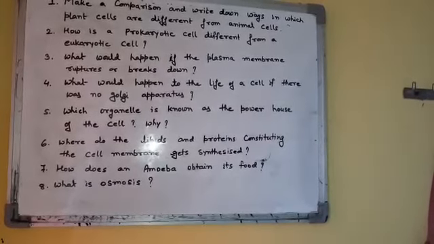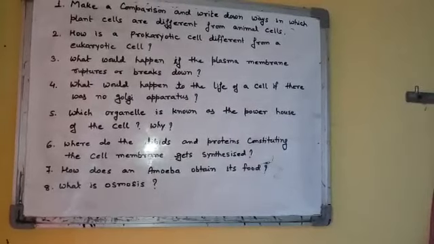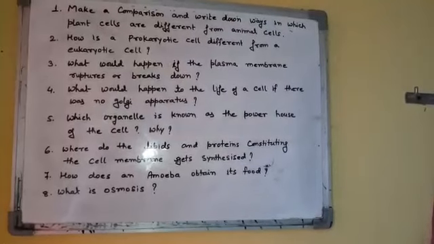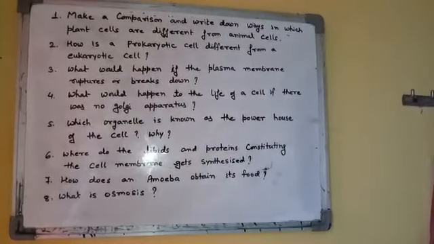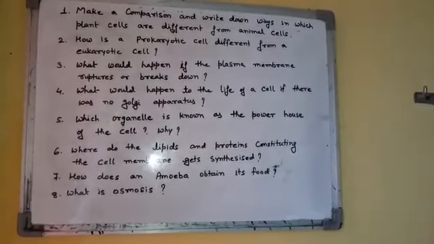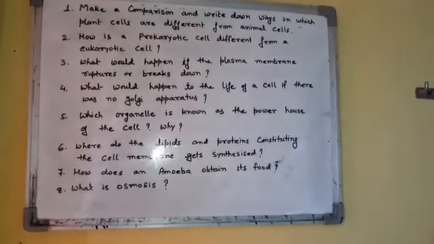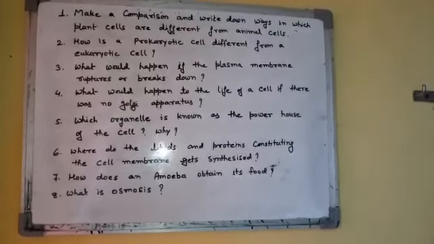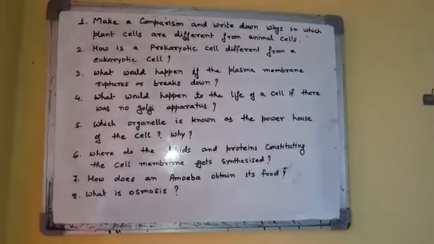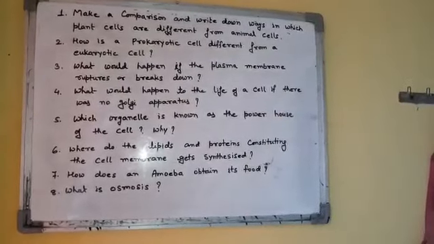So you will write down the name of that cell organelle, and also you will explain why it is called powerhouse. What is the function in which it is involved, and how that function generates power or energy. It is stored in which form and what it is called. So which cell organelle is known as powerhouse of the cell? First you will write down the name of the organelle, and then you will explain why it is called so.